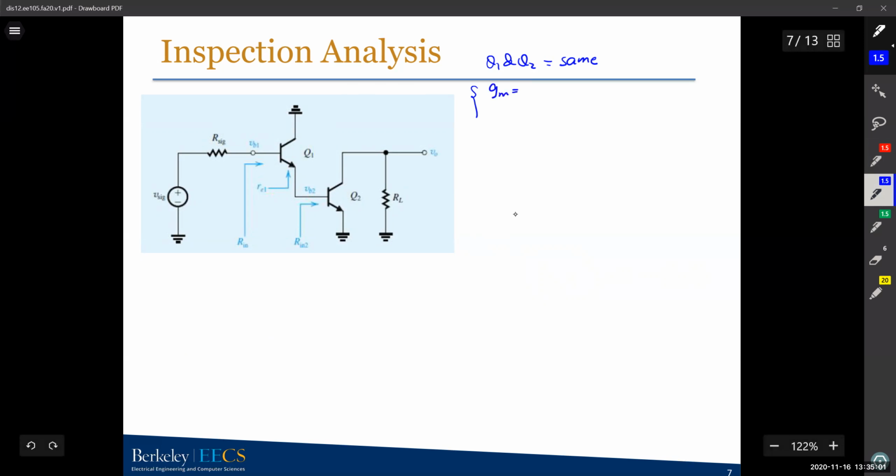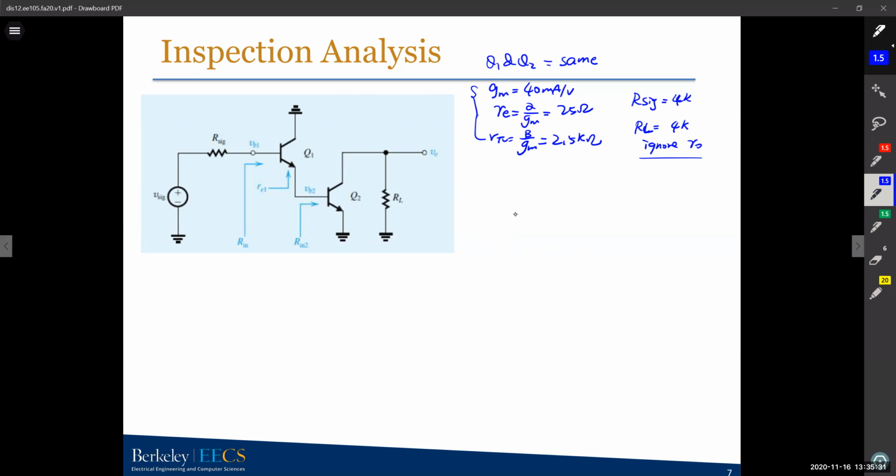The small gm is 40 milliamp per volt. And you'll have R small e, which is 1 over GM, is 25 ohms. And your R pi is beta over GM, is 2.5 kilo ohms. I also give you R sig is 4K, and your RL is 4K. And you can ignore the small signal resistances r naught. So first, I want to know what's R